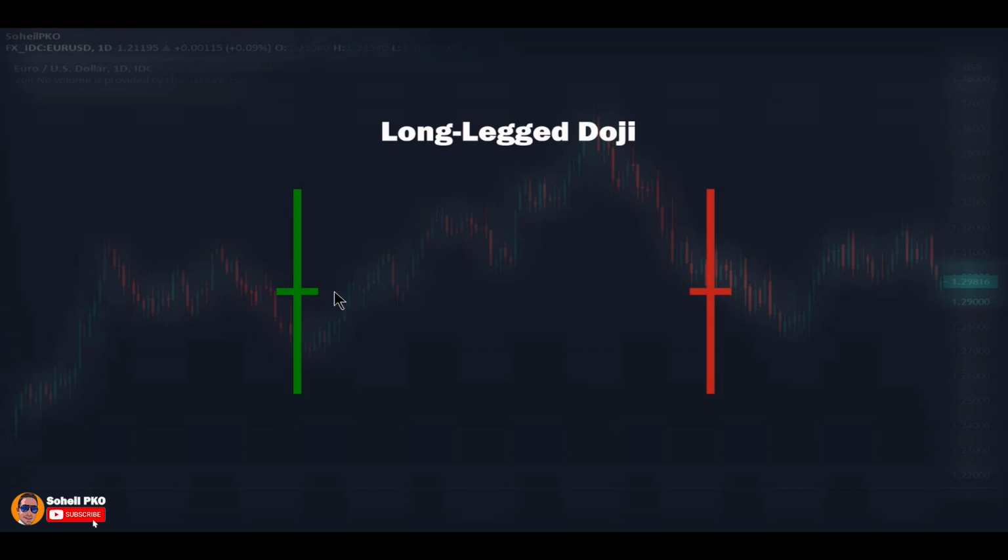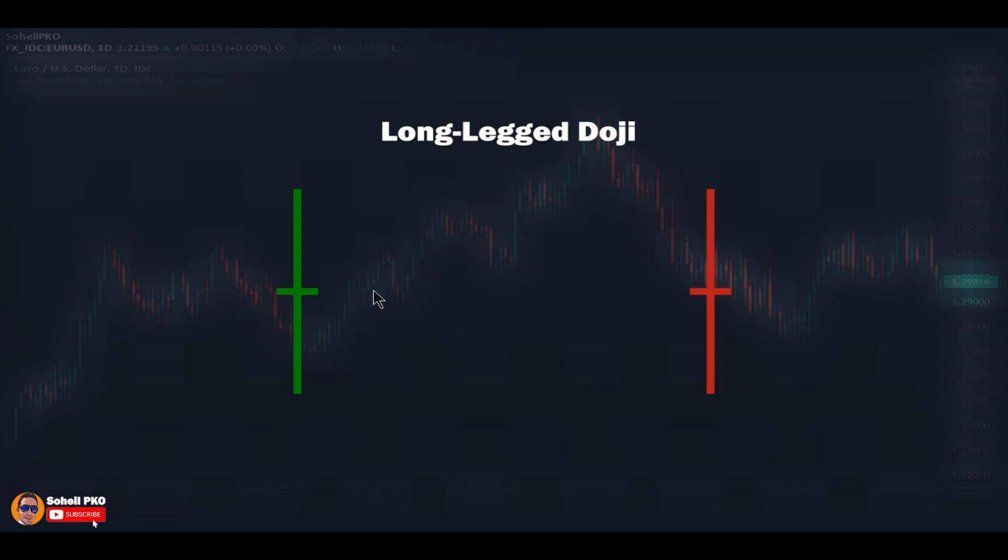In this long leg doji, compared to plus sign doji, buyers and sellers were more active and each of them had control for some time and could push the price up and down significantly. But finally there was a standoff and the price closed approximately at the opening level, and this shows indecision among buyers and sellers. Long leg doji is neutral like plus sign doji, and it means nothing but indecision, and the interpretation is exactly the same depending on where it forms or the previous candles.